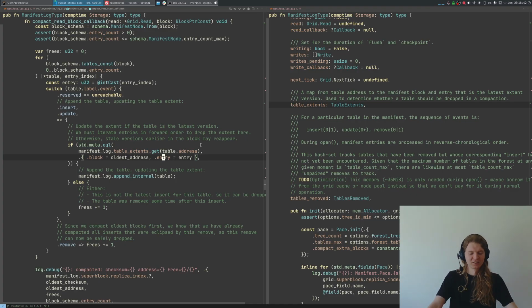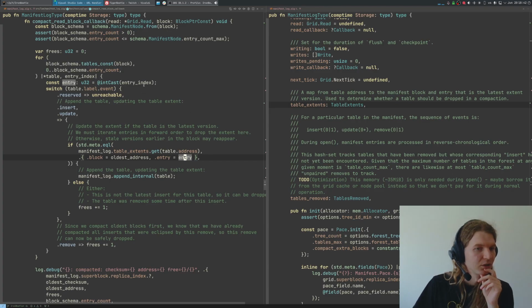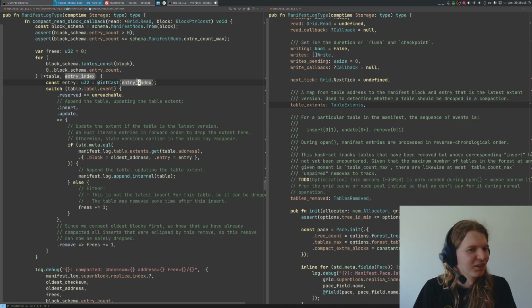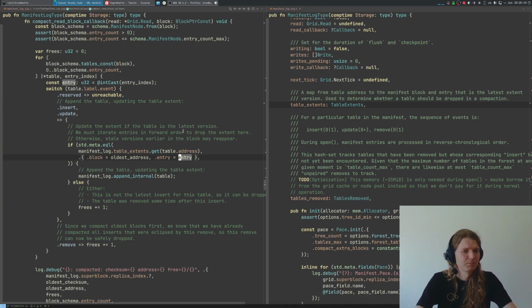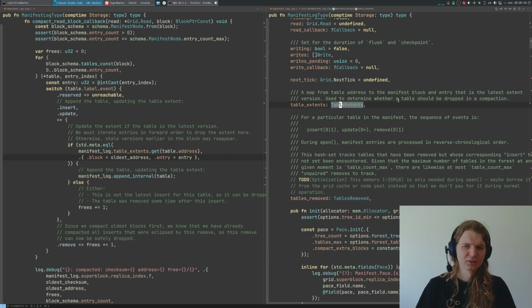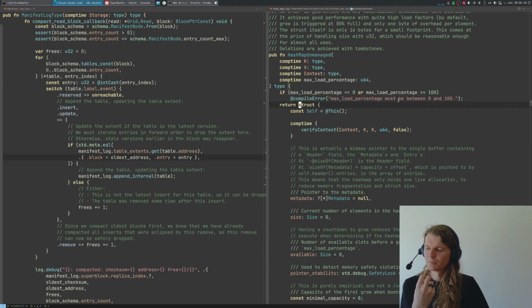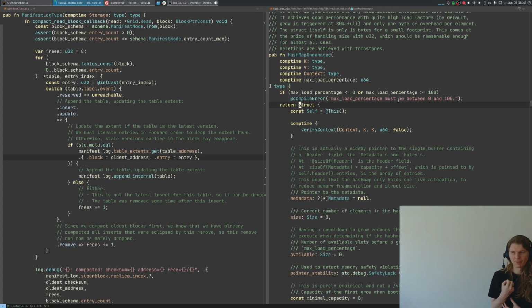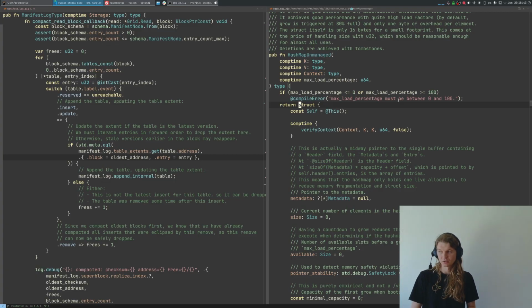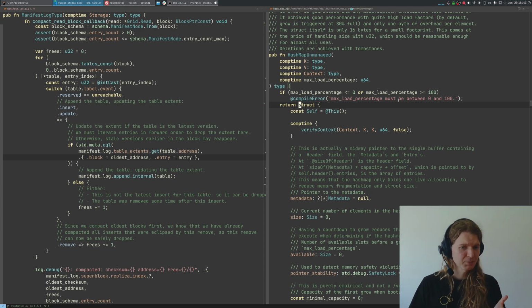And I guess the address of the index table, and what is the entry index? I'm somewhat suspicious there, because could this be buggy? Obviously one way you can key the table is by the address of its index block. But that is not enough, because what could happen is that you add the table, then you remove the table, it becomes free, its index block becomes free, and then that index block gets allocated for an index block of another table. So the index block is the same, but the table is different. It seems that we additionally